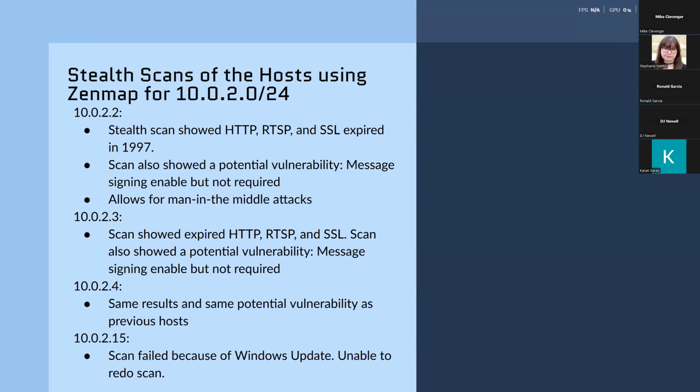For 10.0.2.15, however, I wasn't able to get any results from Nmap and ZenMap because while scanning, there was a Windows update on my local machine and it did not save the results, and I was unable to redo the scan due to time constraints. As for the vulnerabilities shown in these four hosts, our team lead Michael will explain the vulnerabilities that were found in these hosts later on in this presentation. Without further ado, I pass it on to Raj to talk about what he found in the 172.16.1 subnet.